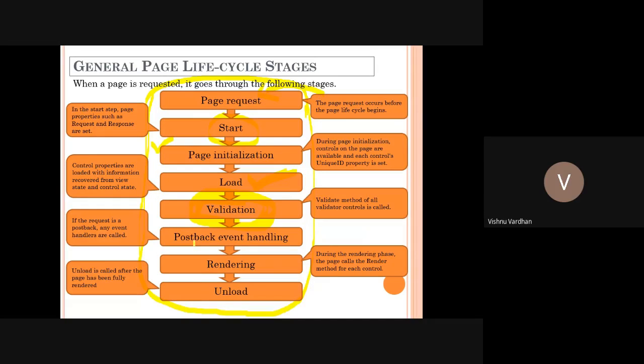Then post-back event handling. If the request is a post-back, any event handlers are called. So one is the load method, and one is post-back. Post-back means reloading of the same page after sending some information. Suppose you have a button. After submitting that button, the button takes you to the same page again after reloading by the browser.